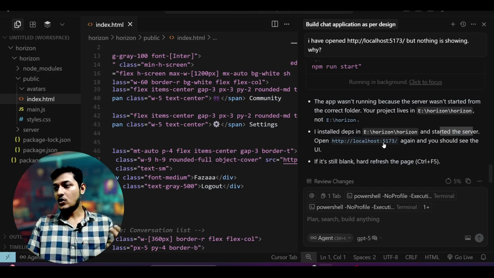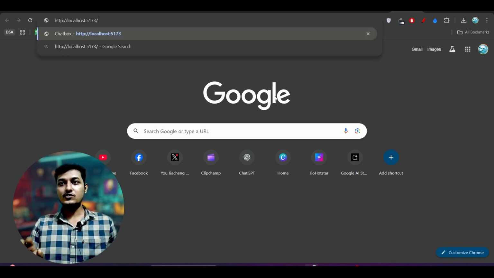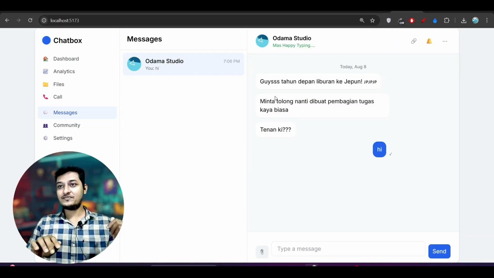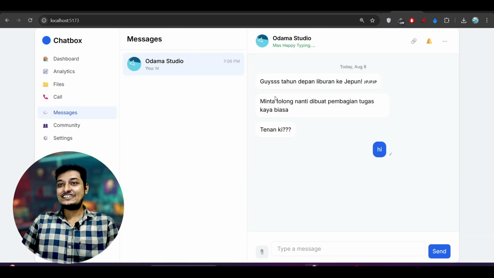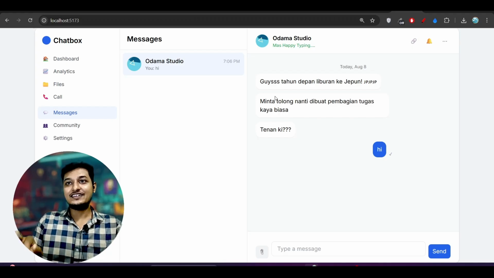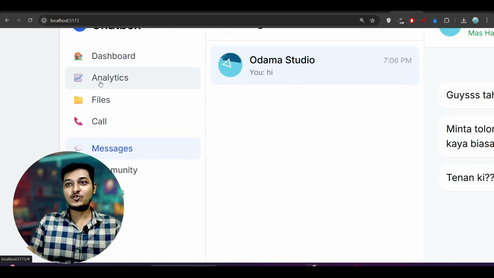Now open this localhost 5173. So let's see how it is working, how it is looking. Okay, so paste it, localhost 5173, and boom. Oh my god, it is exactly looking like a chat application, right? This is amazing, guys. Here you see this is the chat box application, and we have this dashboard analytics